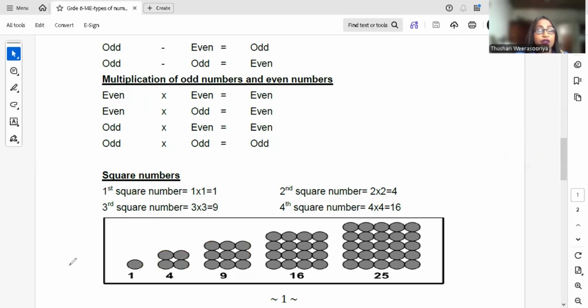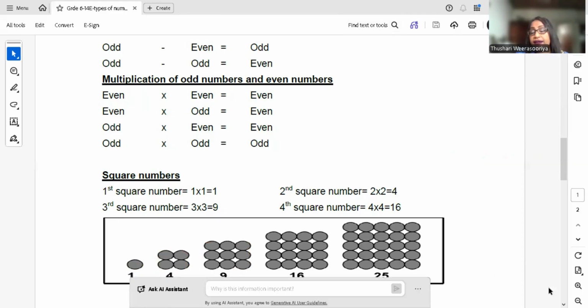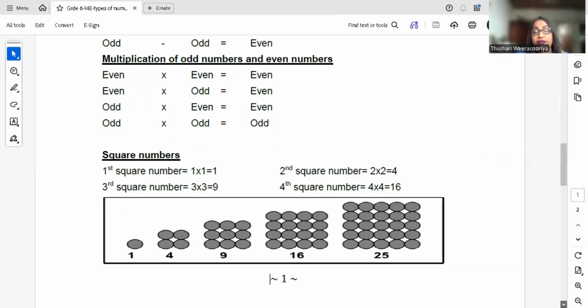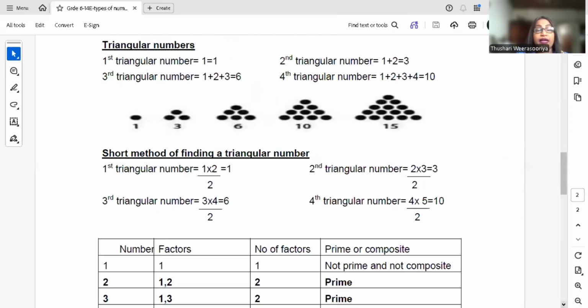Like that, you can draw the square number and get the square number by multiplying that. The next part is triangular numbers. Triangular numbers means, have you seen in supermarkets the salmon tins are packed like a triangle, apples are packed on